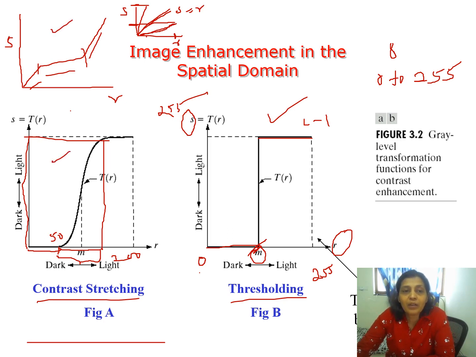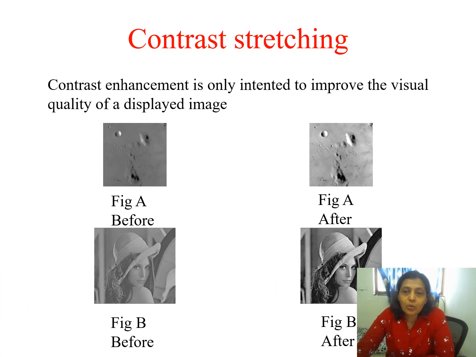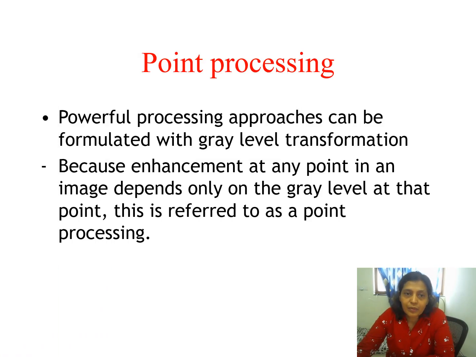This is piecewise. Why? Because the slope for each segment is different. Then you have to calculate the transformation function for each segment and then apply it. So these are the examples. Before applying contrast stretching, this was the input image, and after applying it you got this. See, the quality has been increased. So what is point processing? I told you, you pick up one pixel value, apply a transformation function on it, and then store it into a new image. Okay.